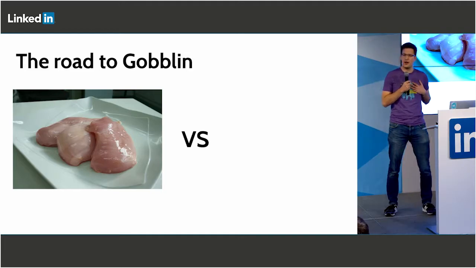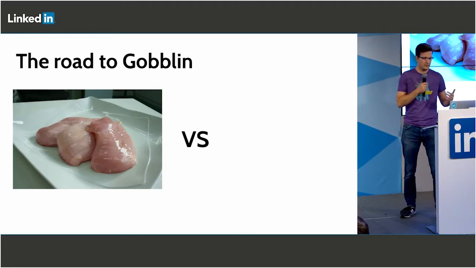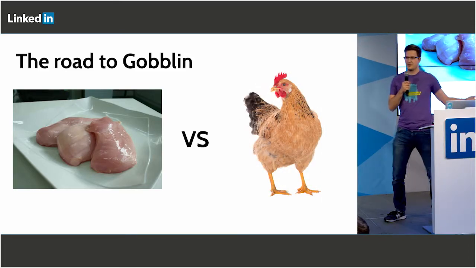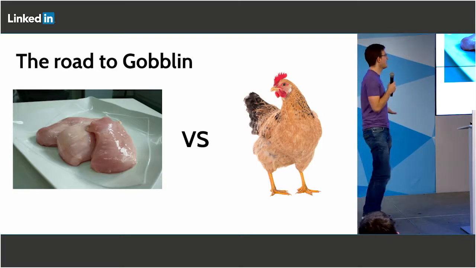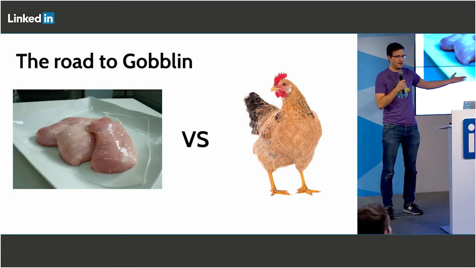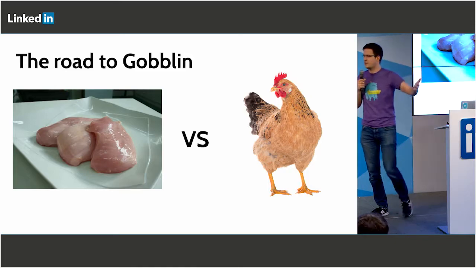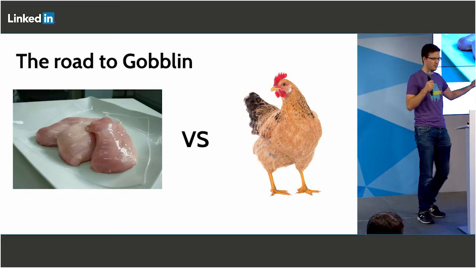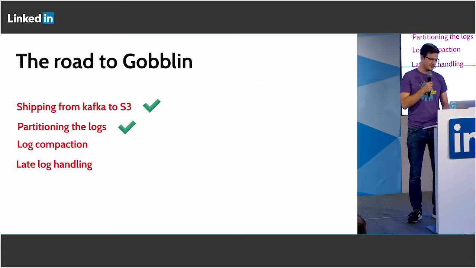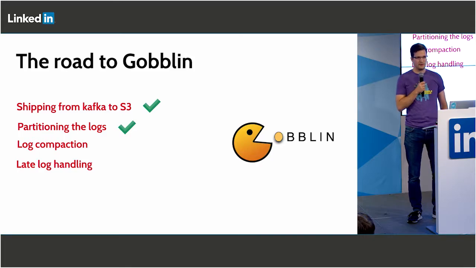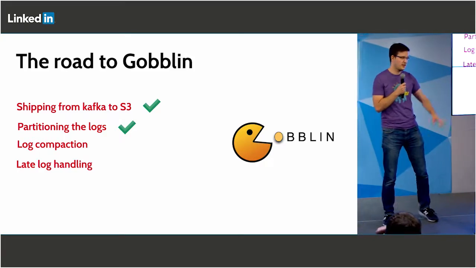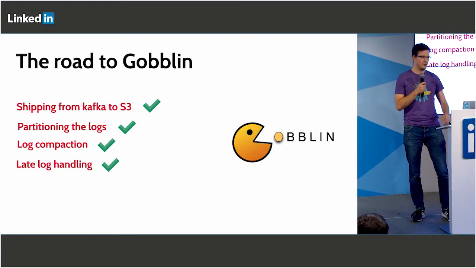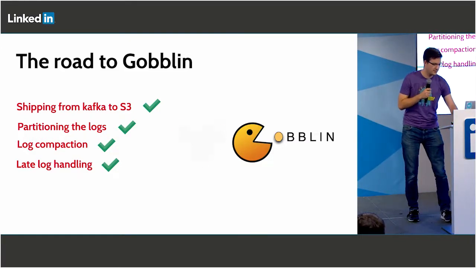I really felt like I want to cook. I need chicken breast, but the only thing I can buy in the store is a real chicken. What? So it seems like, from what we saw in different companies, people are implementing all this compaction and late log handling from scratch, so every company has some kind of different solution for that. And that's where we met Goblin, and it was awesome that they had all this functionality. It knew log compaction and late log handling. So we are done. We love Goblin.